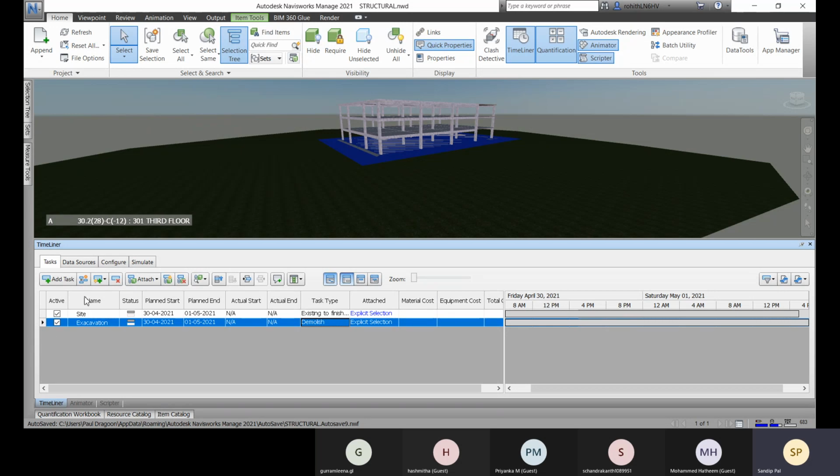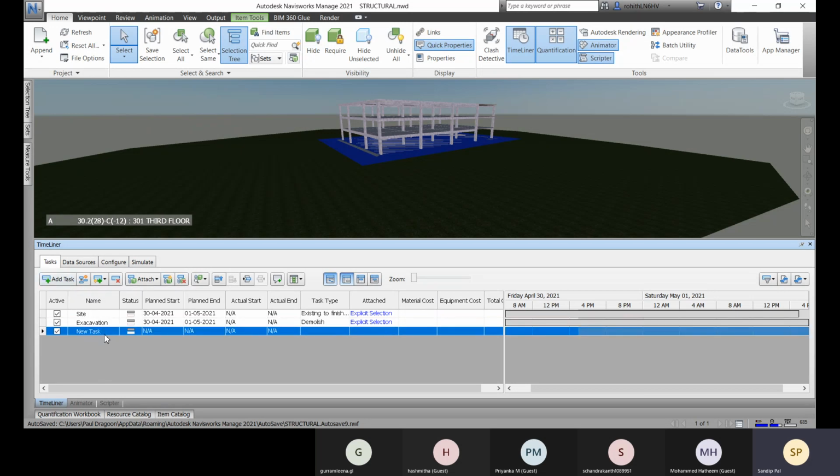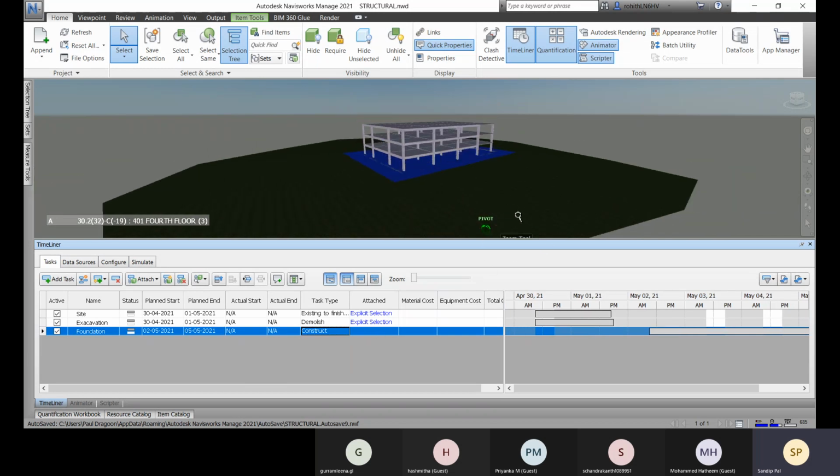Now let's go for another task. So here what your task will be, foundation, right? Okay, and about the plan start, so you can go for this, and within this date it will end, and the task type is construct, and you have to go for the selection.